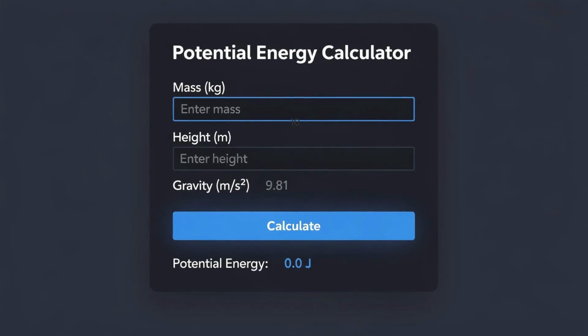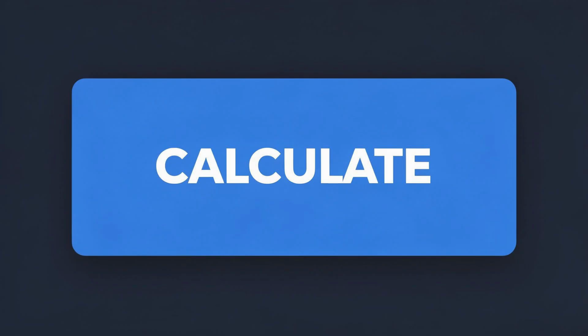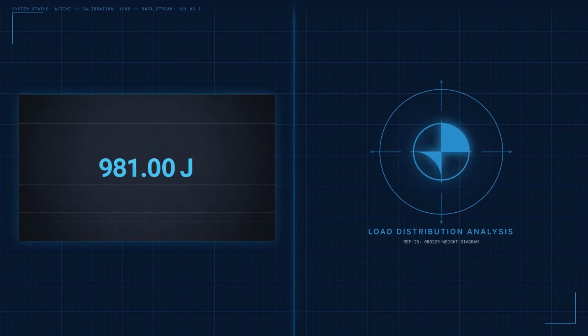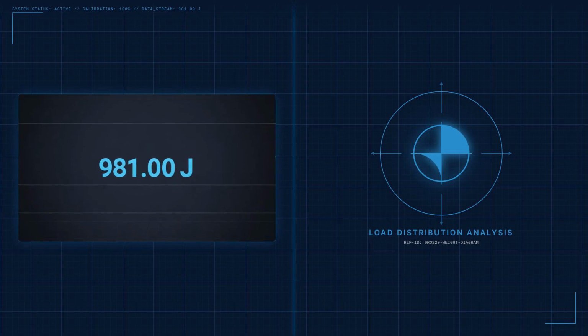Let's work through an example. I'll enter a mass of 10 kilograms, a height of 10 meters, and keep the gravitational acceleration at 9.81 meters per second squared. After clicking Calculate Potential Energy, the results show potential energy equals 981.00 J. This 981 joules represents the energy stored in the 10 kilogram object due to its position 10 meters